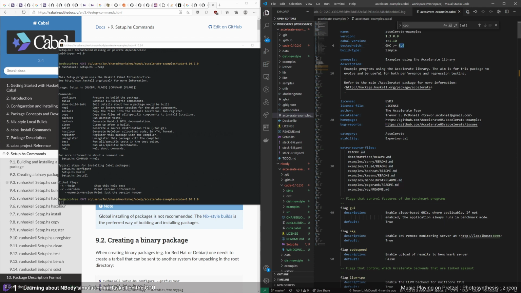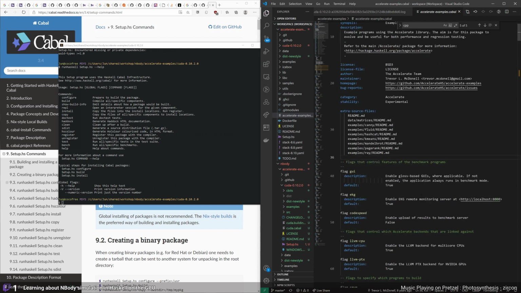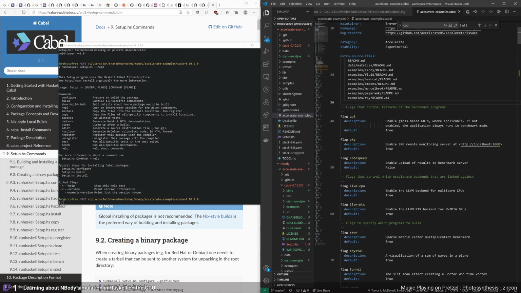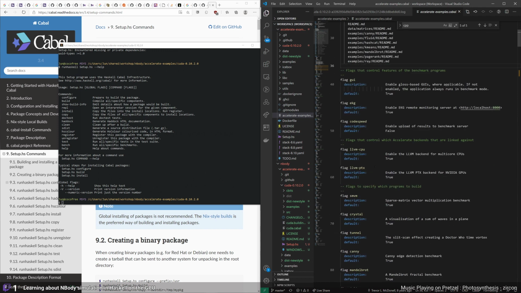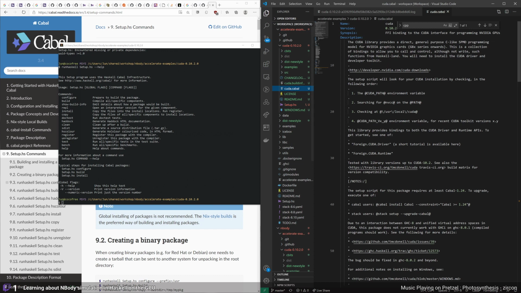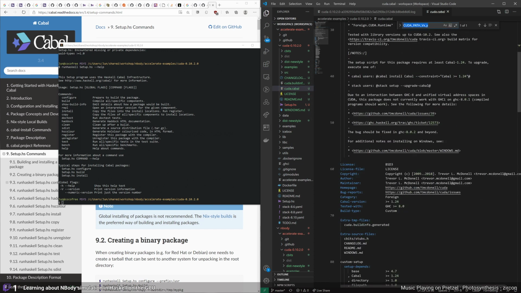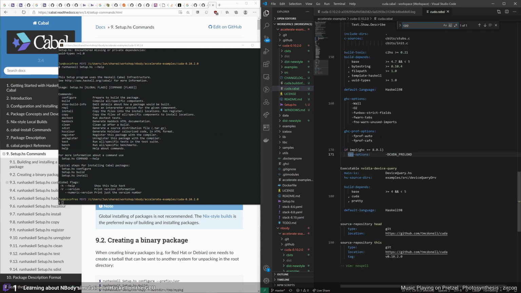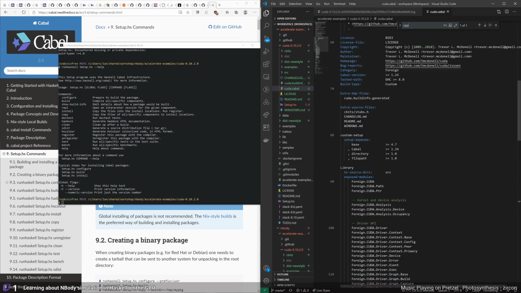Tested with GHC better than 8.6. Some examples and whatnot. LLVM PTX. Hold on. I'm looking at the wrong Cabal file. This is the Cabal file. CPP. Well, doesn't tell us much more, but